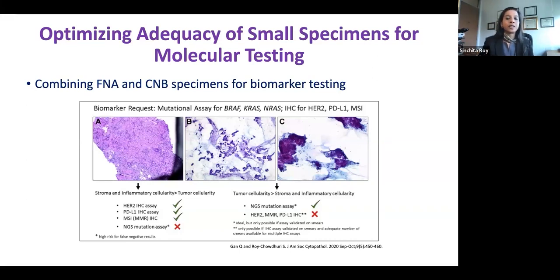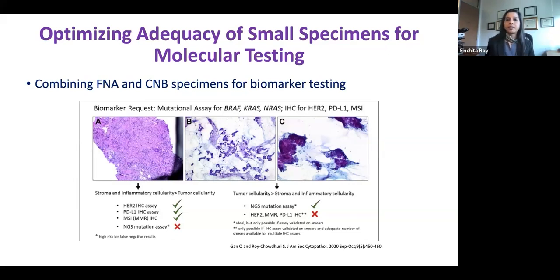And in this situation, if I look at the concurrent FNA specimen, again, highlighting what I mentioned earlier, look at the amount of tumor cells you have. There's so little stromal tissue. Most of the fragments that you have in here are your tumor fragments. And so your tumor proportion is much higher. The chance of a false negative is much lower. And you can scrape off these cells from the smears, again, provided your assay is validated in the molecular lab that you're using, and then do your mutational testing of the cytology specimen.